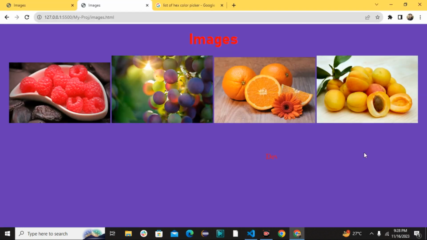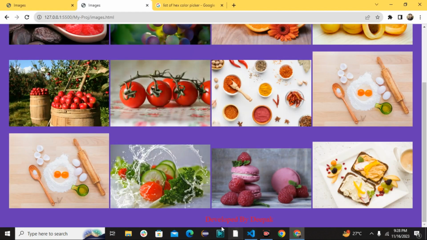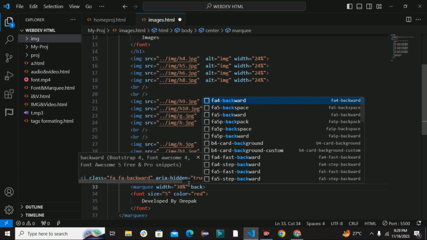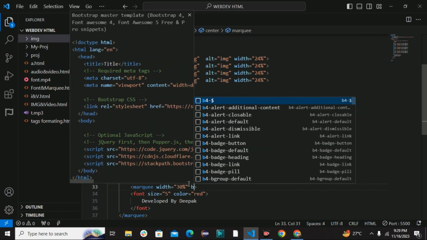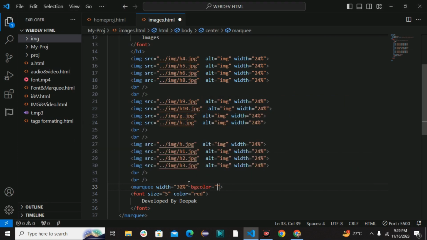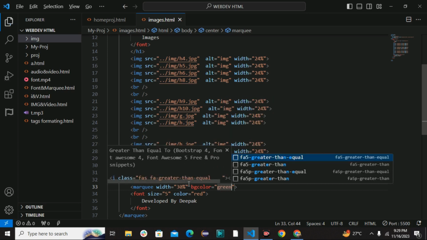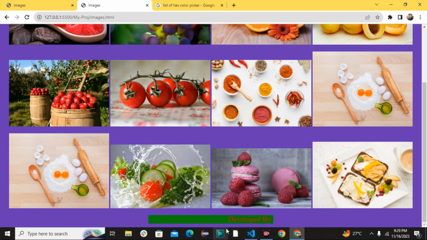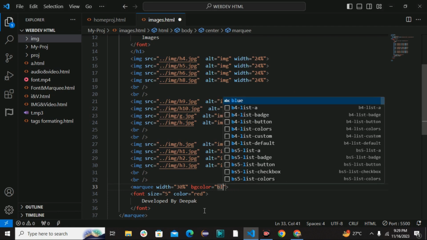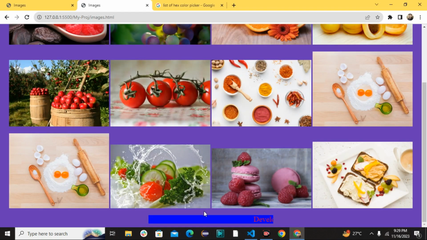Okay, see, background color, bgcolor green. See, or blue. Okay,